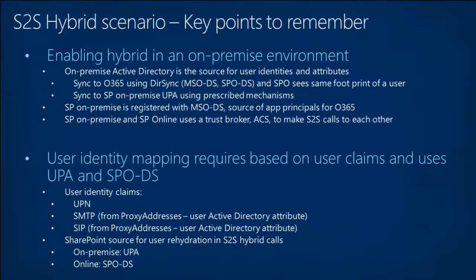And the way that the identity mapping works is it uses one of three things, either the UPN or the mail address, the SMTP address, or the SIP address that Lync uses. And if any of those match up between an on-premises user and a cloud user, it will know that these users are the same. So I'm not going to spend much time around that. But again, for folks who want more information on this space, there's a talk tomorrow, SPC218, that will go into this in a lot more detail.